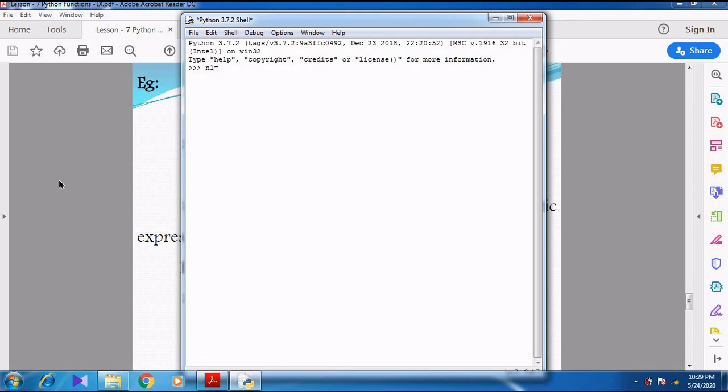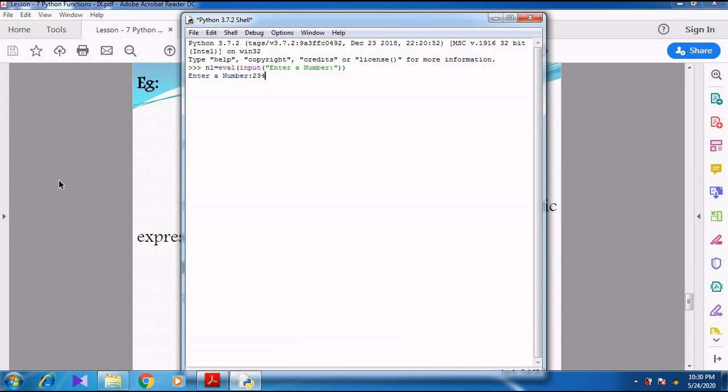n1 is equal to evaluate, open parenthesis, input, "Enter a number", close parenthesis. When I press the enter key, see here, it asks me for the input: enter a number.